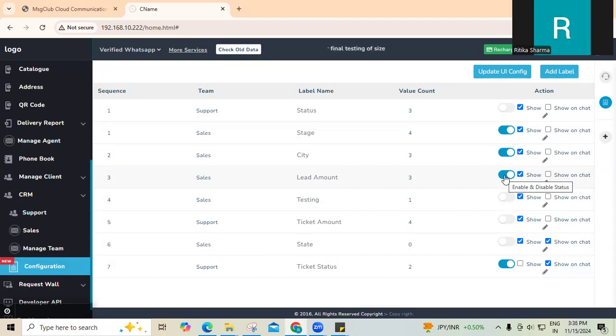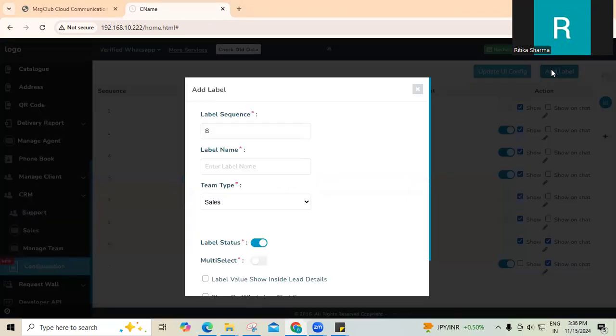So first let's create a label and see where you can show those labels in the enterprise management solution. Click on the add label. Here, first you have to add the label sequence. Since this is the 8th label, I'm selecting the 8th. Now you have to select the label name. So now I'm using the